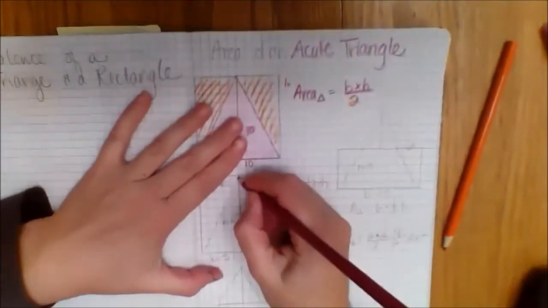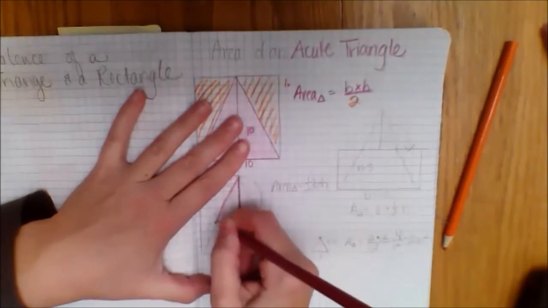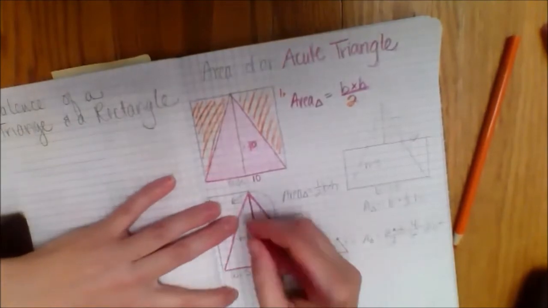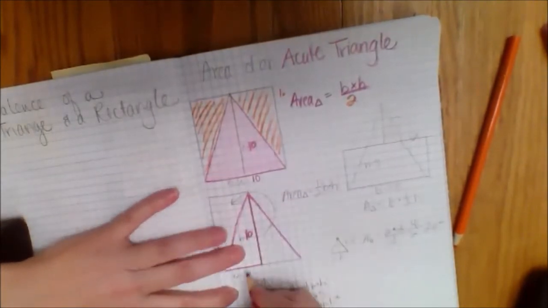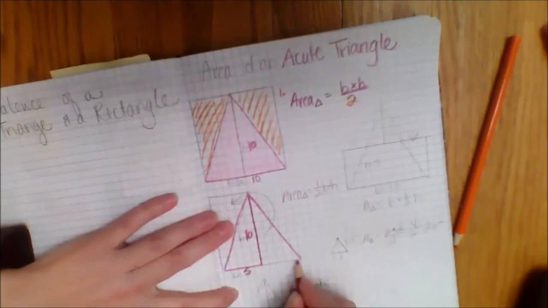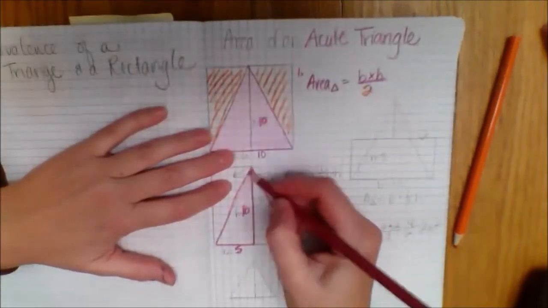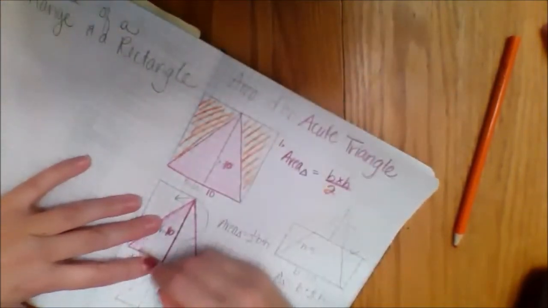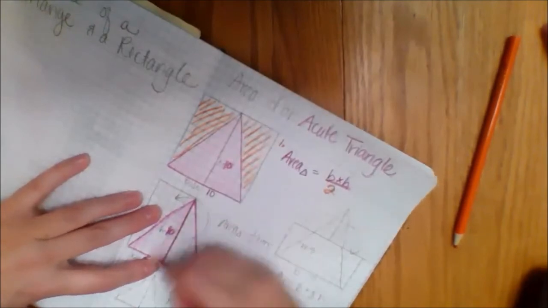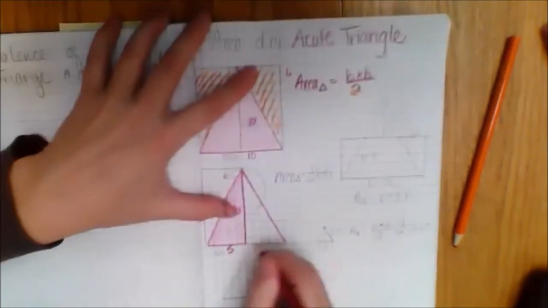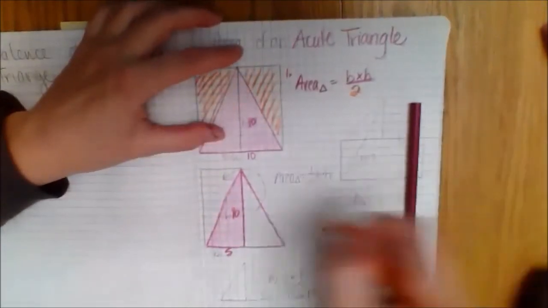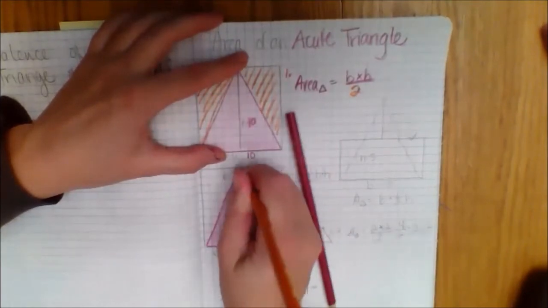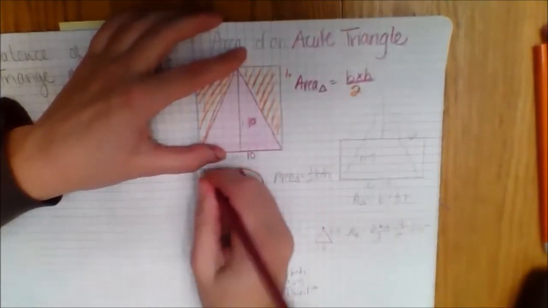The second way, we had our triangle. Our acute angled triangle was right here. And what we did with our height of 10, we divided our base in half. Here's our base. We divided our base in half. So here is our triangle, right there. And with this triangle, we cut this piece off. This piece is now gone. And we glued it on right over here. And I'm going to color it in there